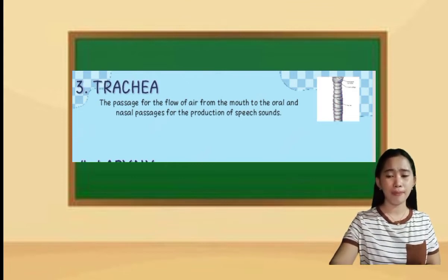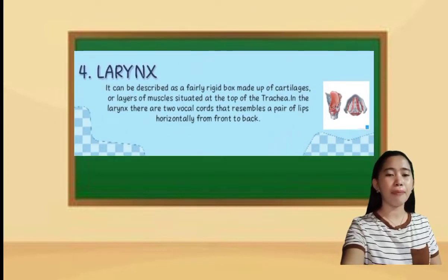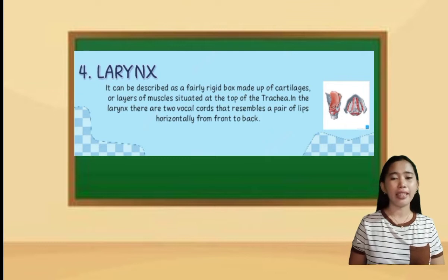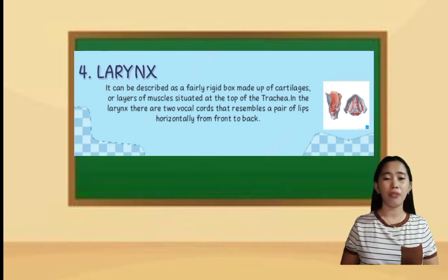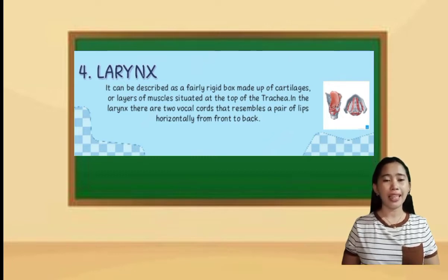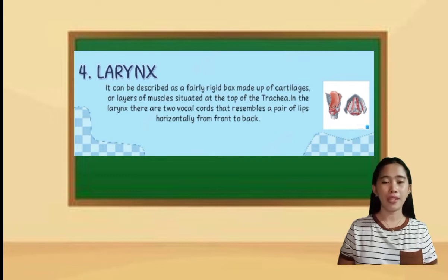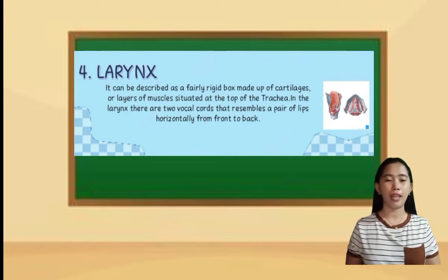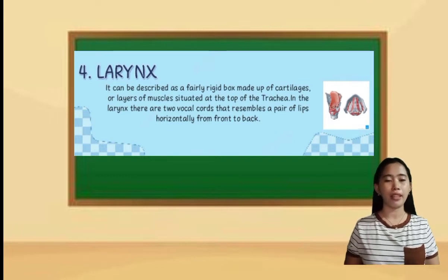The next one is the larynx. The larynx can be described as a fairly rigid box made up of cartilages or layers of muscles situated at the top of the trachea. In the larynx, there are two vocal cords that resemble a pair of lips, horizontally from front to back. They are joined in the front but can be separated at the back, and the opening between them is called